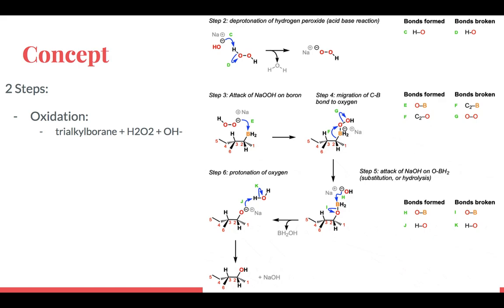In the next step, the hydroxide ion of an NaOH molecule attacks the boron, breaking the bond between the boron and the oxygen, and forming a bond between the hydroxide molecule and the boron. This is seen over here, where, as you can see, the hydroxide forms a bond with the boron then breaks a bond with the oxygen,